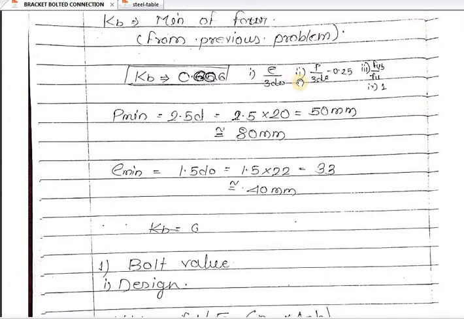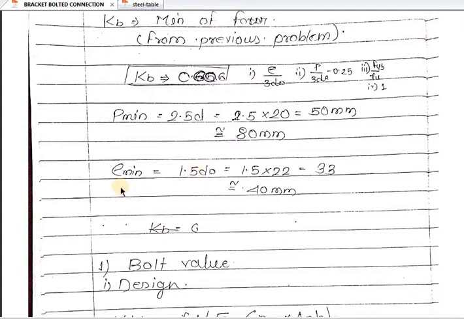So how are we calculating? To put the values of e and p, that is the edge distance and pitch distance, are required. What is edge distance? Edge distance is nothing but 1.5 times the diameter of hole. What is pitch distance? It is 2.5 times the diameter of bolt. Here diameter of bolt is there, here diameter of hole is there. So 2.5 times 20, it comes to be 50. We are assuming the minimum is 50, but we can assume the pitch distance as 80 also.